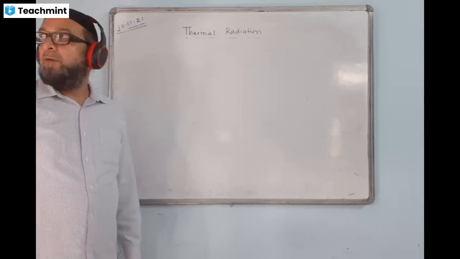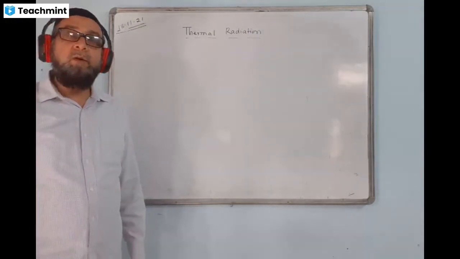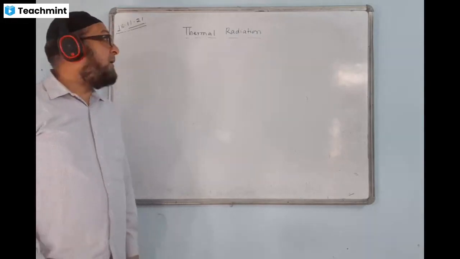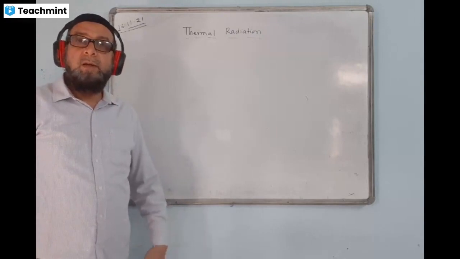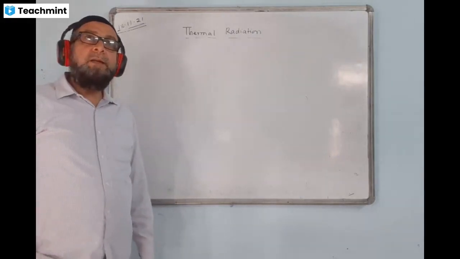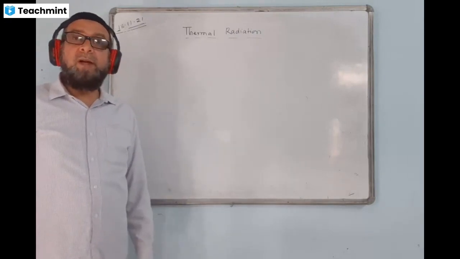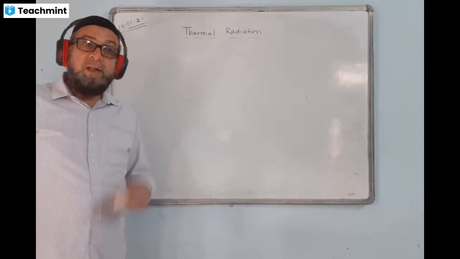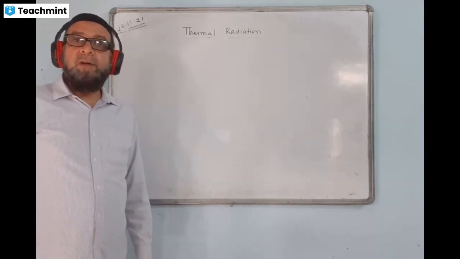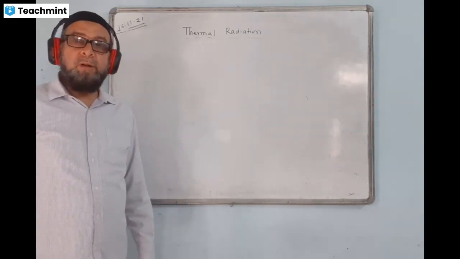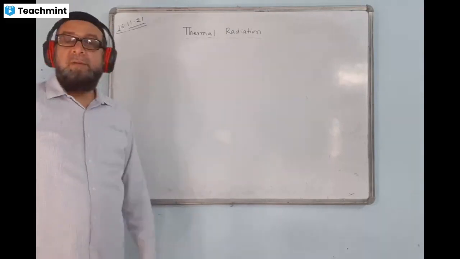What is radiation? Actually, radiation is the process of transfer of heat without any medium. But heat radiations or thermal radiations have the same properties as electromagnetic radiations. What are the properties of electromagnetic radiations? They can travel through vacuum with the speed equal to the speed of light. They have certain wavelengths, certain frequency, and they follow the equation v equals f lambda. They are also in the form of waves. We call them heat wave or thermal wave.